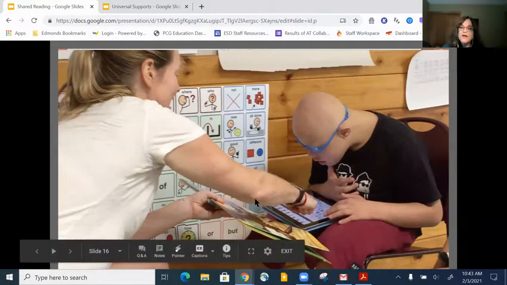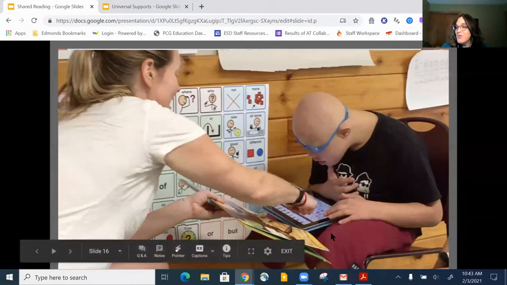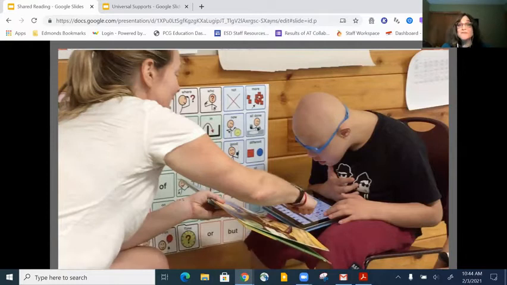And if you think about shared reading, not only are we looking at our students with complex bodies or complex communication needs, or students on the spectrum where that is really hard. If you look at the socioeconomics of some of our students, many of the families have not been able to do shared reading. They're just working hard to get a meal on the table. And so they come to school without those literacy experiences. And so we might be the first one really doing some shared reading with them.